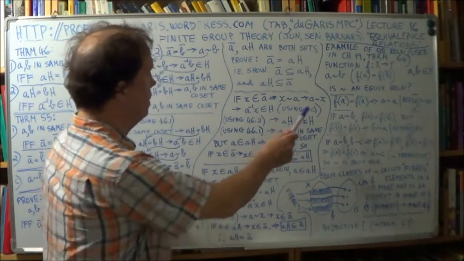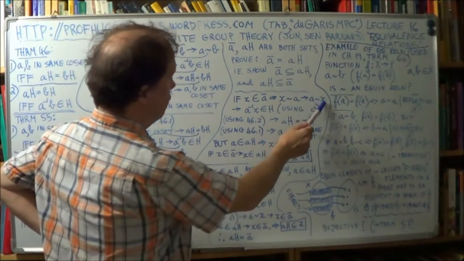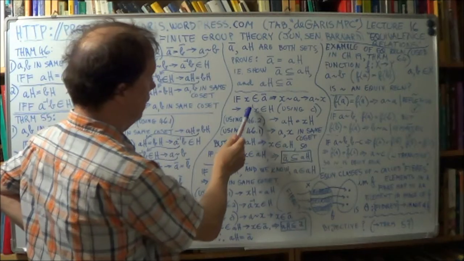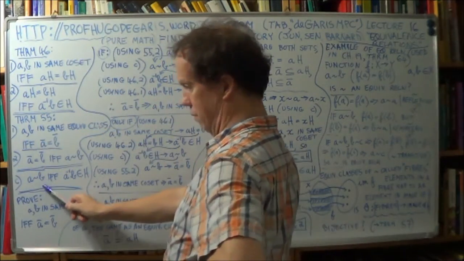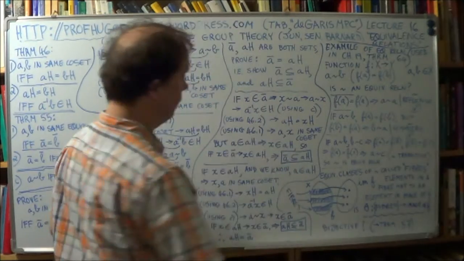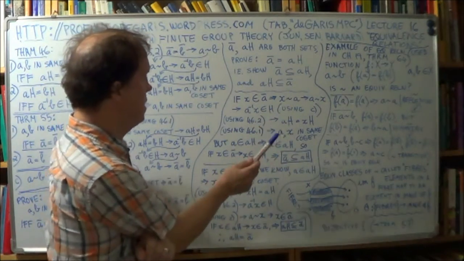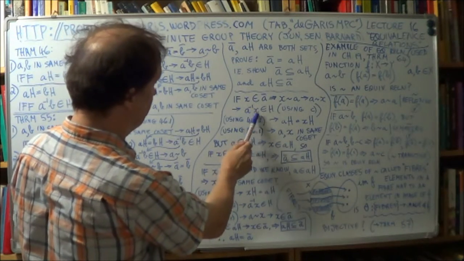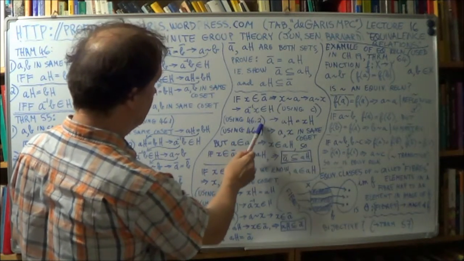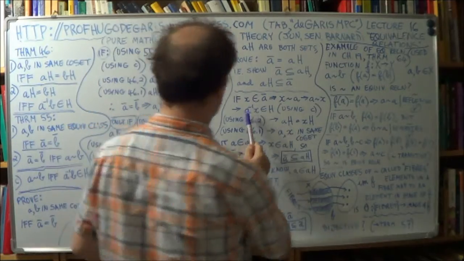All right. So using C, if that's true, then A inverse X belongs to H. That's using this. All right. Now, so we've got this. Now using 46.2,